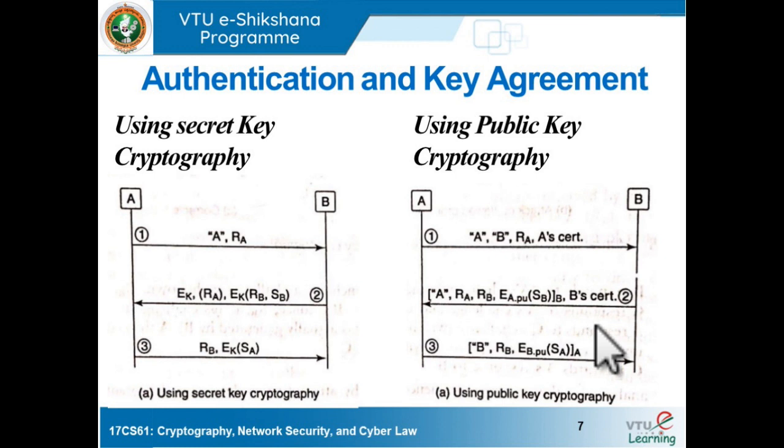A will first verify B's certificate and then decrypt this information, retrieve SB,